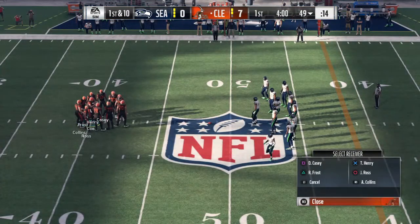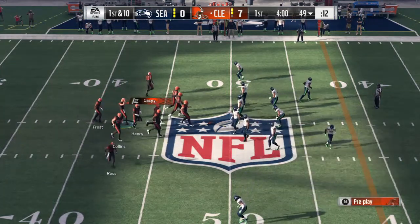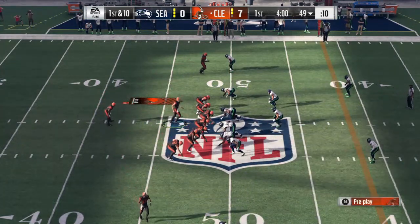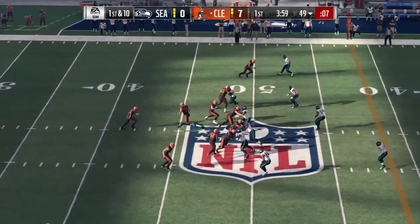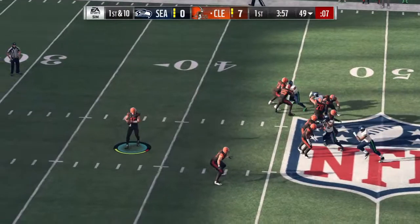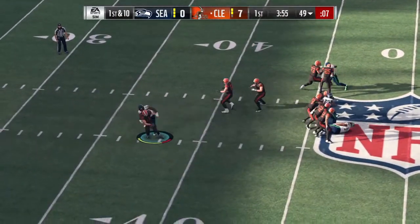Heading out as the Cleveland offense now as they get set to take over here. They'll be looking to duplicate the efforts of drive number 1 that resulted in 7 points and the 7-zip lead. Well, you know how much I enjoy horse racing, right? Looks like they caught a flyer out of the gate as they...